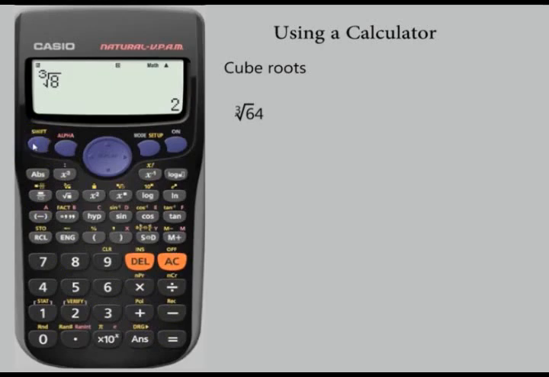Shift, root button, then input 64, 6. I have accidentally input 65. So to correct my mistake, I use this delete function to delete 5 and then press 4. Equals, we get 4. We use the shift process to find the inverse of tangents, sines, cosines, anti-logarithms, and all